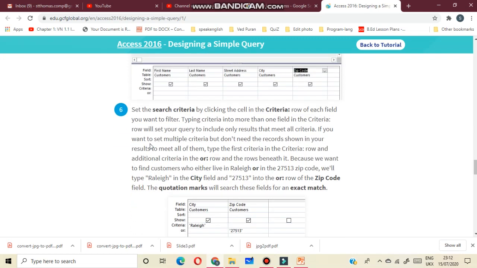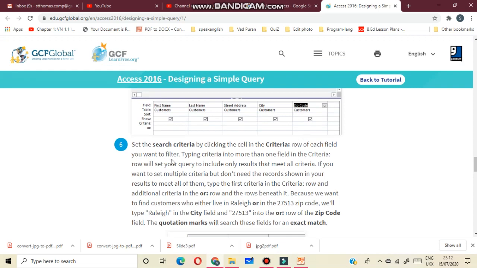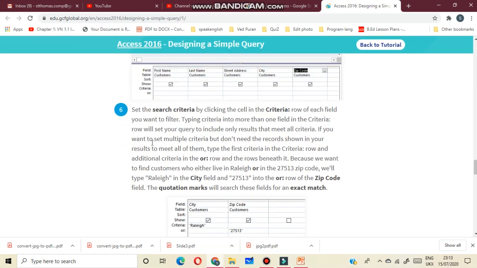Next step, set the search criteria. Set the search criteria by clicking the cell in the criteria row of each field you want to filter. Typing criteria into more than one field in the criteria row will set your query to include only results that meet all criteria.